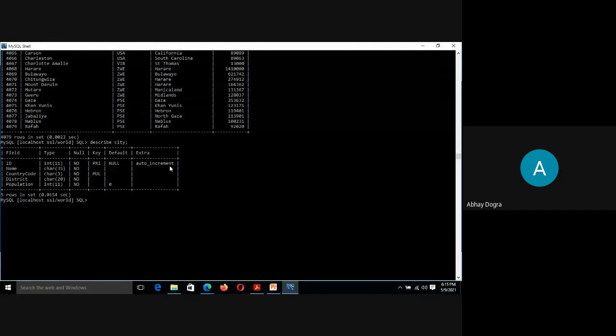There is this constraint, auto increment. If you have worked with MS Access, you might be aware of what auto increment is, right? Automatically when a new record is inserted into the table, it generates a new value. All this will work afterward, but as far as the basics are concerned, using describe table name, we can see what all fields are available in the table and what kind of data they hold, right?